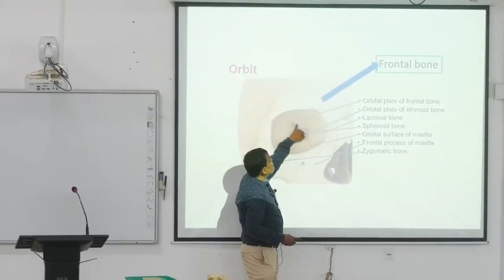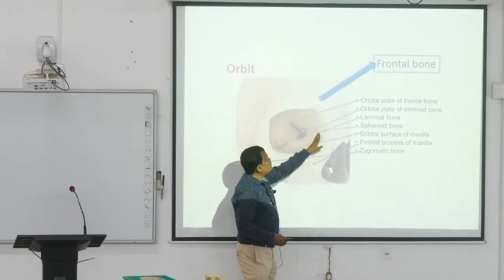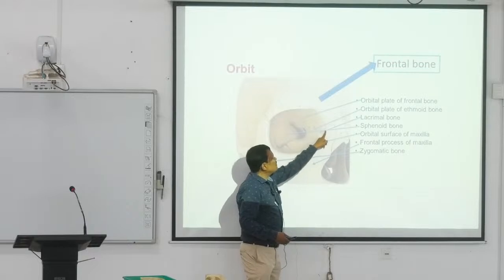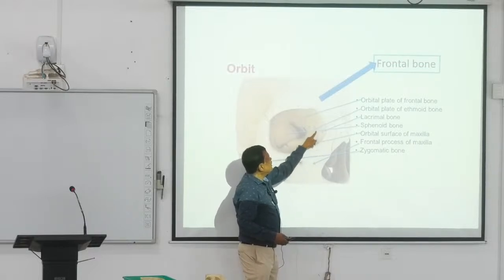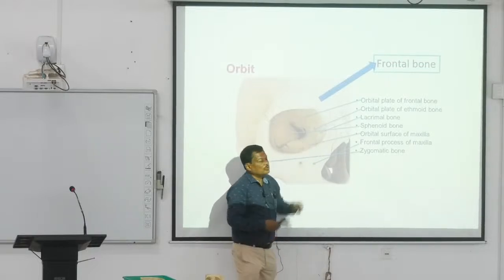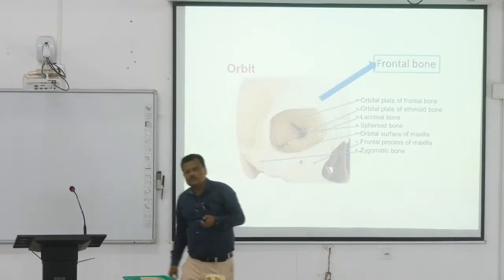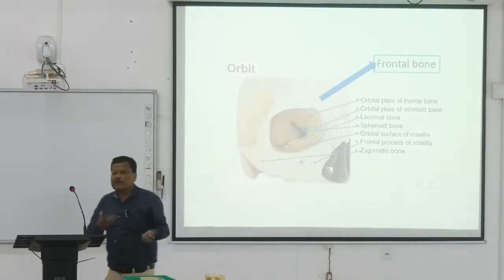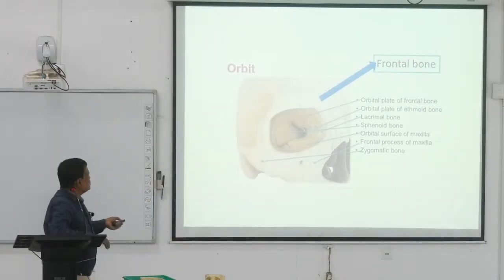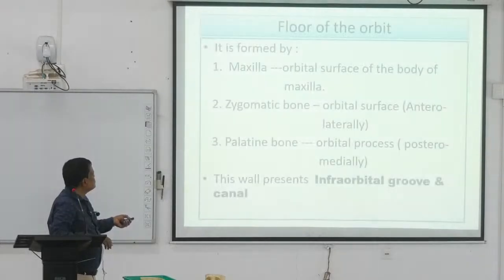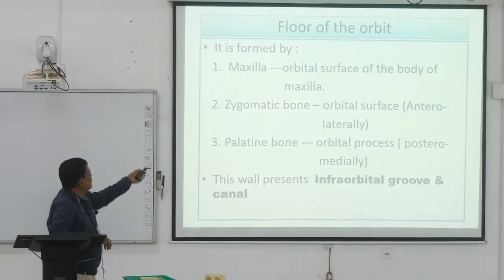আর এই জায়গাটা হচ্ছে লেসার উইং অফ দ্য স্ফেনয়েড বোন। এটা হচ্ছে মিডিয়াল ওয়ান, ফ্রন্টাল প্রসেস অফ দ্য ম্যাক্সিলা, ল্যাক্রিমাল বোন, ইথময়েড বোন, আর এই জায়গাটা হচ্ছে বডি অফ দ্য স্ফেনয়েড বোন। কঠিন মনে হচ্ছে, কিন্তু বারবার দু একবার দেখলে পরে, আরেকটা ছবি আছে তোমাদের বিশ্রাম দিকের ছবিটা, খুব সুন্দর, এগুলি সব বইতে আছে। ফ্লোর ফর্ম বাই দ্য ম্যাক্সিলা, জাইগোমেটিক